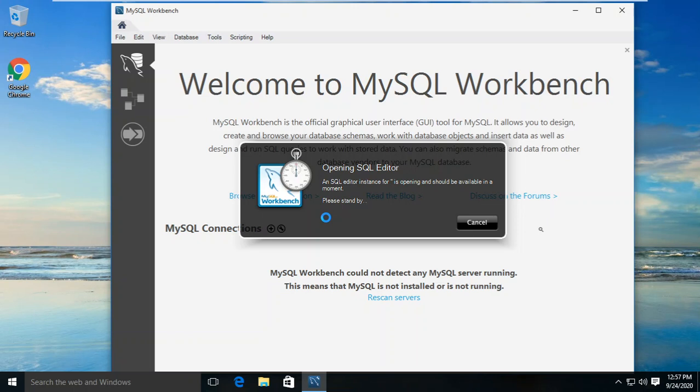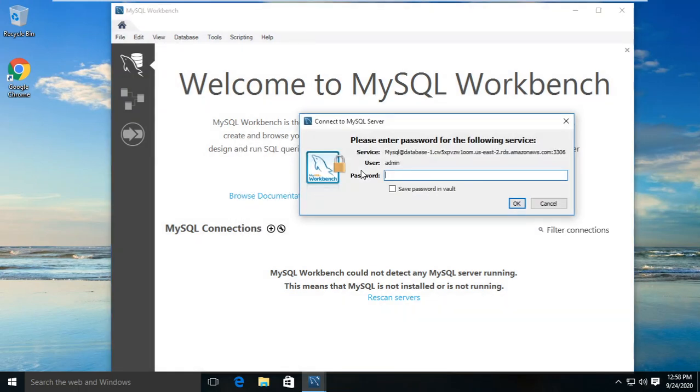So now it is trying to connect, and if it gets connected, it is going to prompt me to type the password. And if I type the correct password, it is going to give me the console from where I can manage my database, where I can create, delete, add, do whatever I want to do in my database. So it may take some time depending on the internet speed and all. So let's just wait for a moment, and here you see it is asking me for the password.